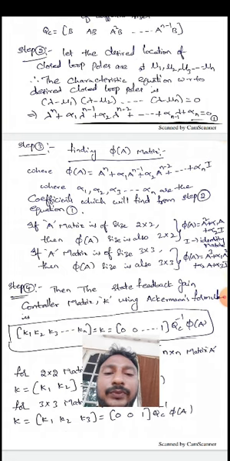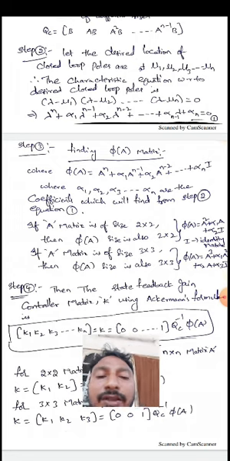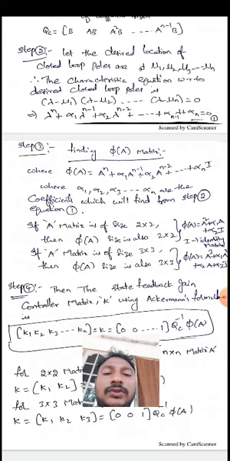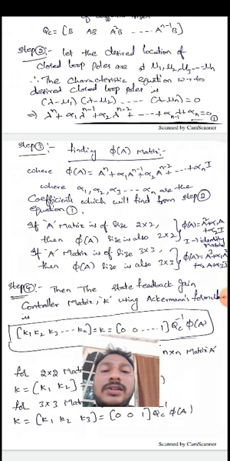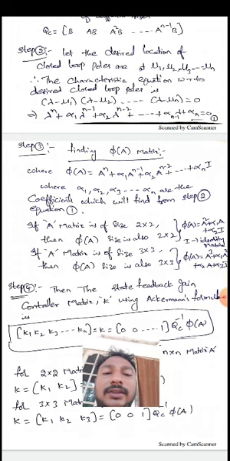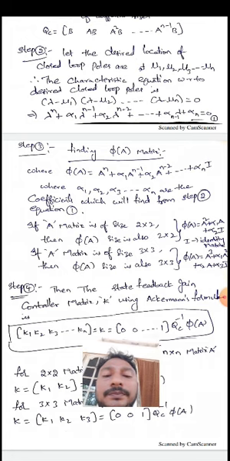Previously I have discussed this. Now see, here I have written the formulas of phi of A for a matrix of size 2 by 2 as well as a matrix of size 3 by 3. If you substitute all the values of A as well as alpha 1, alpha 2, and solve, finally we get the phi of A matrix, which will be an n by n matrix. If it is 2 by 2, we get a 2 by 2 matrix. If it is 3 by 3, we get a 3 by 3 matrix. I will explain this clearly in the numerical problem.